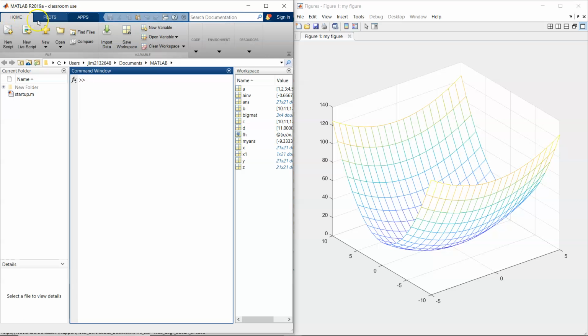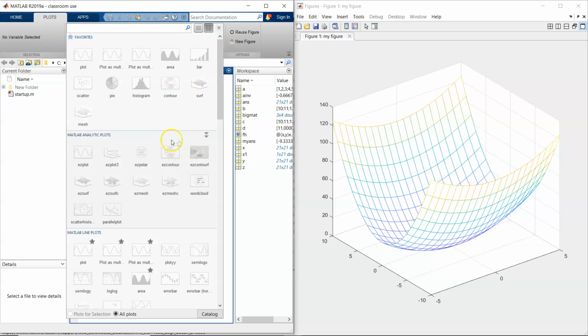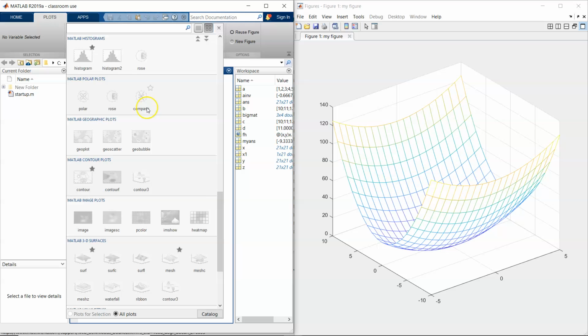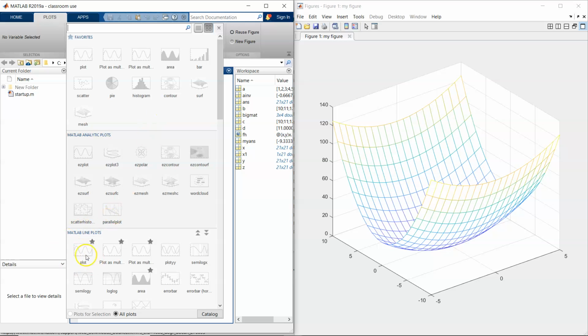Let me do one thing before I go very much further. There's a plot tab. Here's the home tab that you've been used to. Here's the plot tab. Drop it down, and here's all the easy plots. What's funny is MathWorks hasn't put the F plots on here that take the at parentheses variable name close parentheses. These are all the ones where you input strings. It's kind of funny how they work things. Anyway, here's all the different plots you can get. There's a zillion of them, as you can tell. We'll go down to here in just a minute. The easy plot, though,